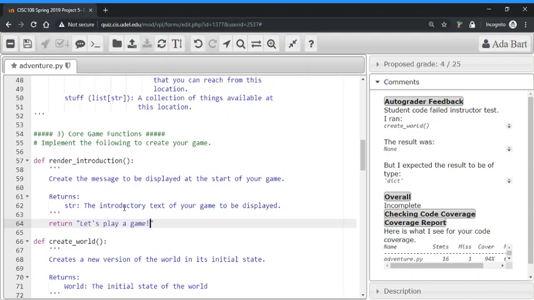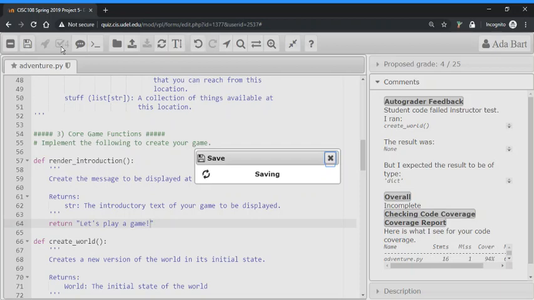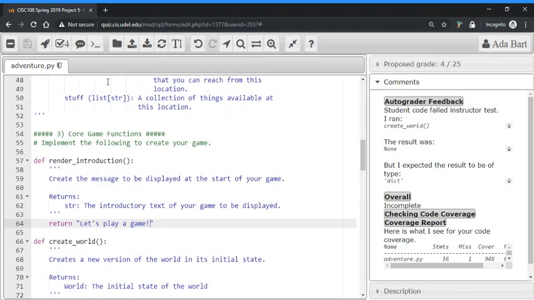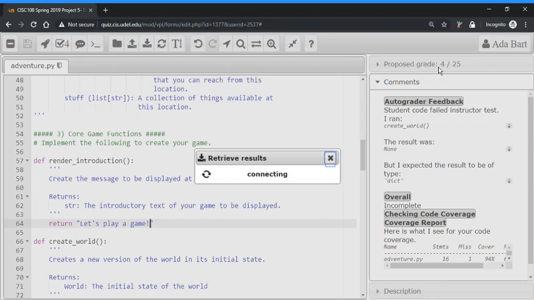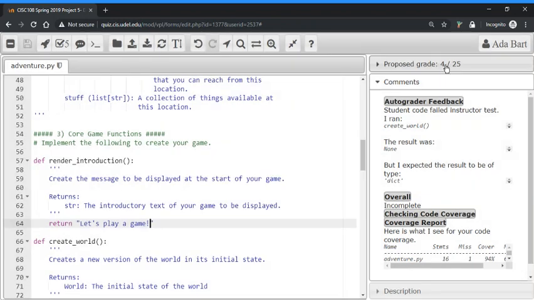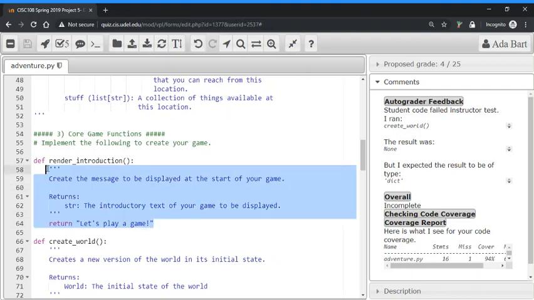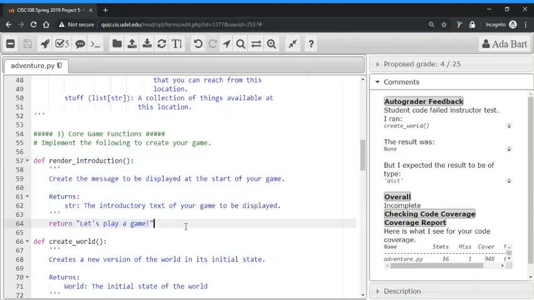Let's play a game. And because it's a valid non-empty string, that satisfies the AutoGrader, as we will see once it's done saving. Okay, we click Evaluate, and we should stay at 4 out of 25 points. Great, we did. So because we finished the render introduction, it passed the AutoGrader,